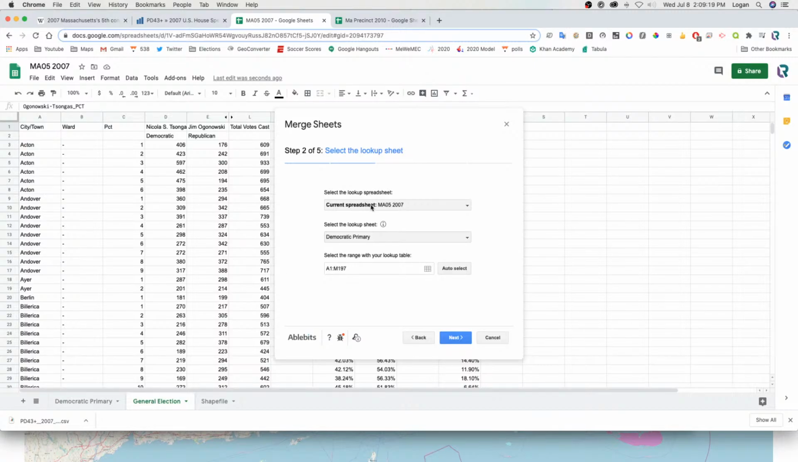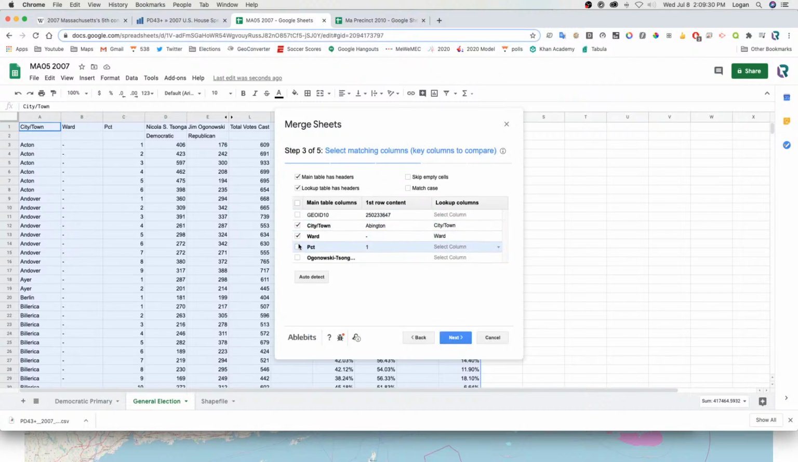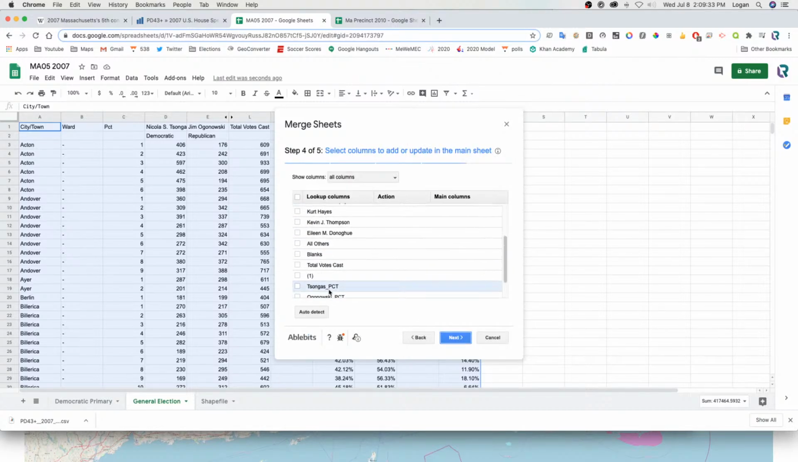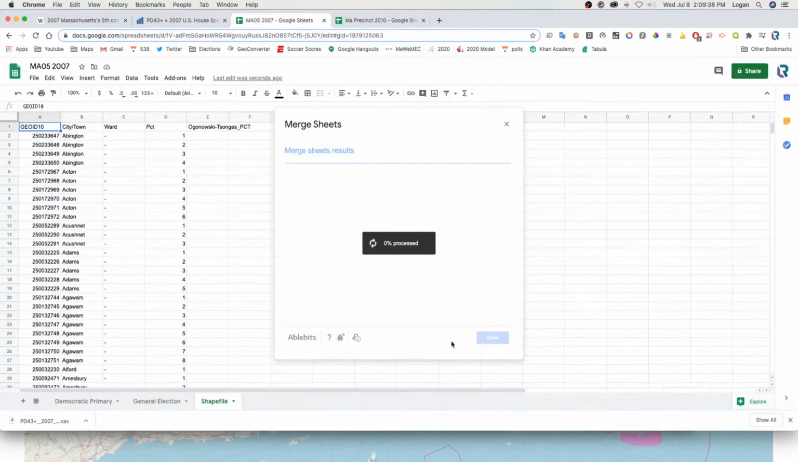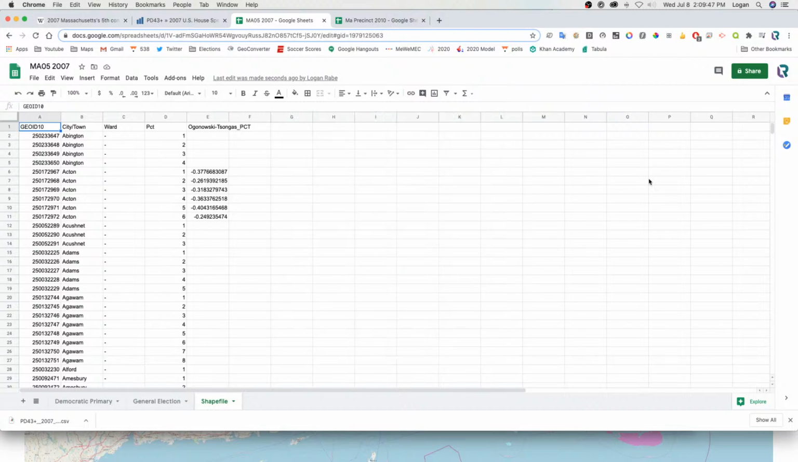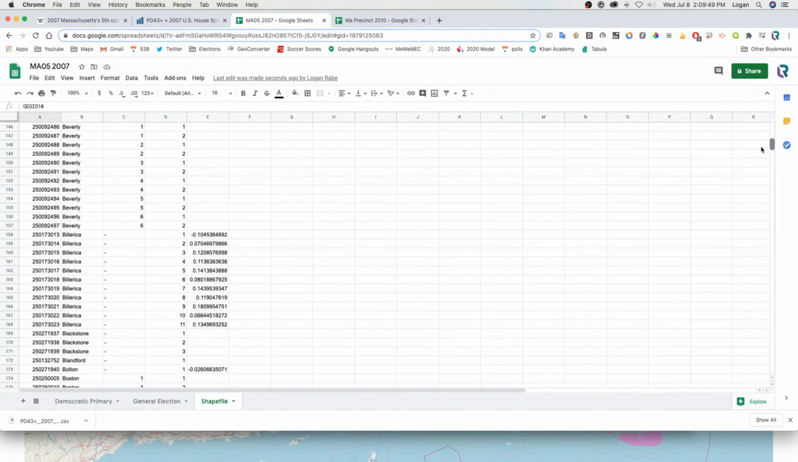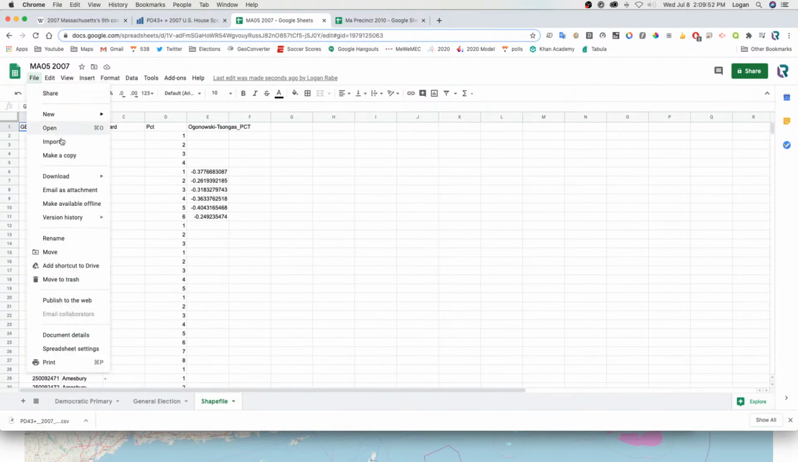Sometimes it doesn't like to select the sheet that I want it to select. It likes to go back to the first one in the list. But this should work, and match those. Update the value here, and that should be that. Cool. So that should be all the numbers, and now I can